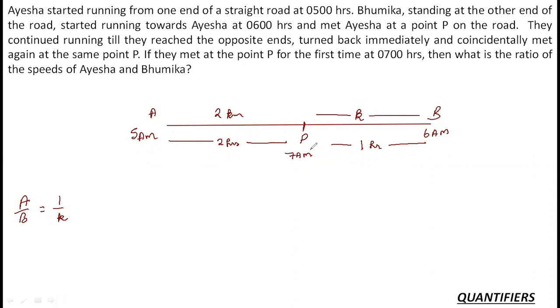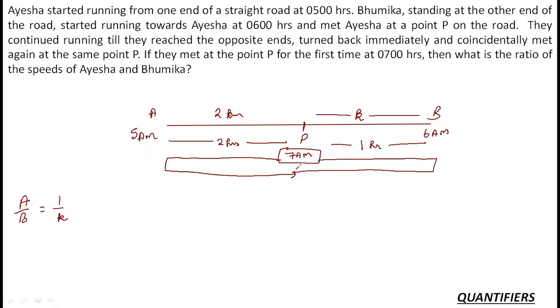Now what is happening? For the second time, they are starting together at 7. Earlier they started at different times, but now they are starting together at 7. So Bhumika went up to point A, returned, and met Aisha again at point P. Again they met at point P, and similarly Aisha went from here to here and they met, and at the same time, obviously, right? Because they started together, now when they come to the common point, they arrive at the same time, right? So can I say the distance traveled by Bhumika is to this side and to this side? She first went from here to here and then came back from here to here, so 2 + 2 is 4.